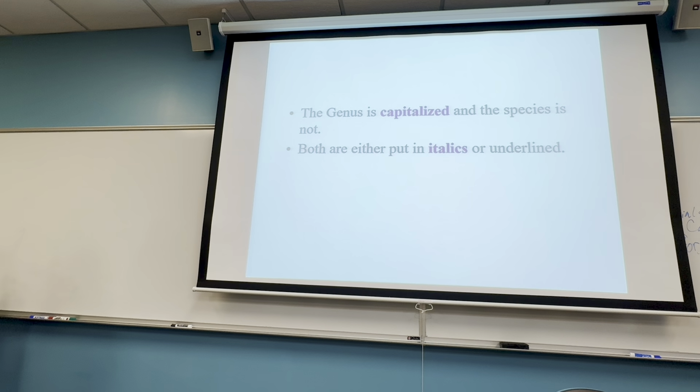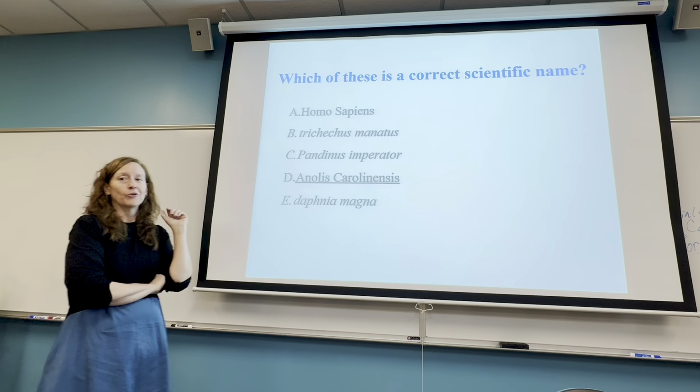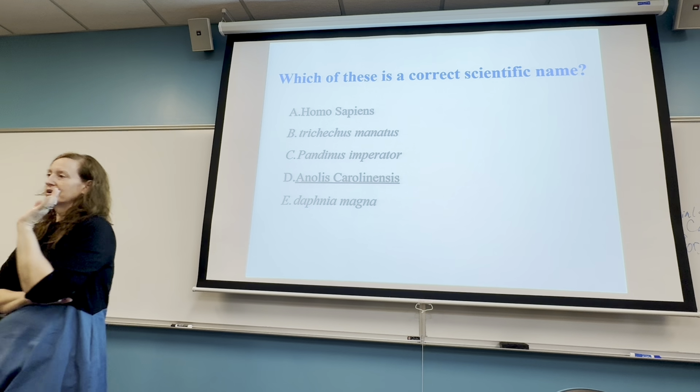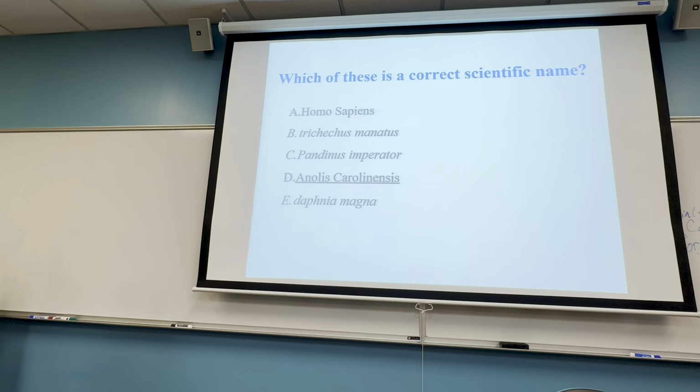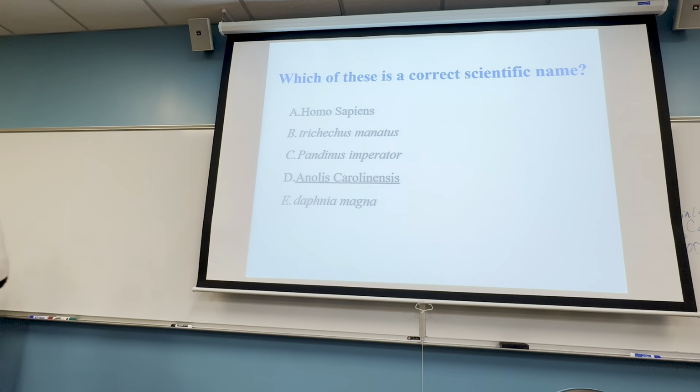So let's take a look at this question. I want you to pick out which of these is correct. And not necessarily like knowing the name and the spelling. What I want you to look at is the italics and the specifics we just talked about of the genus and species names and the way they are noted up here. So which one is correct? Which one? Yeah, okay. So C is written correctly.